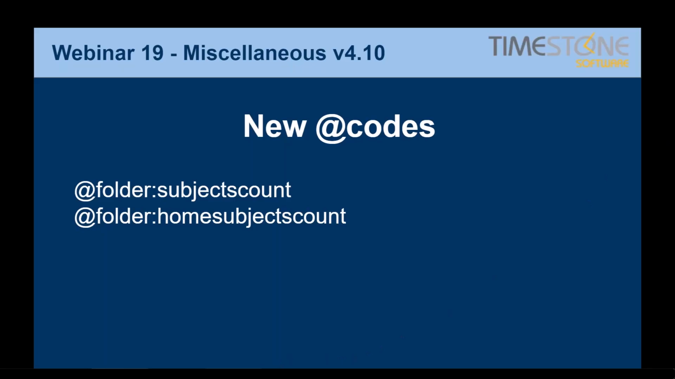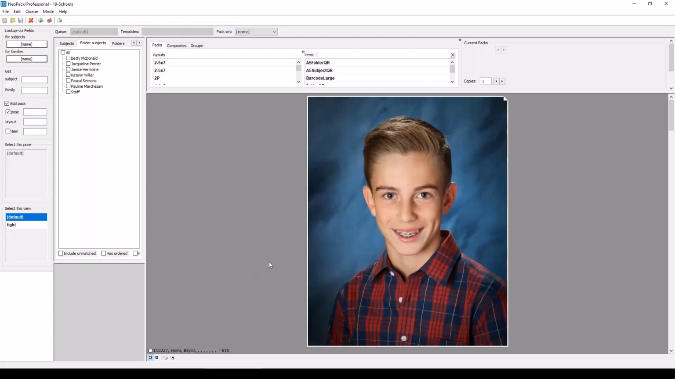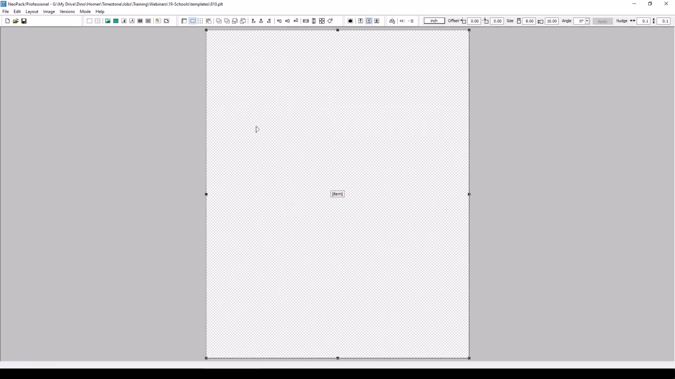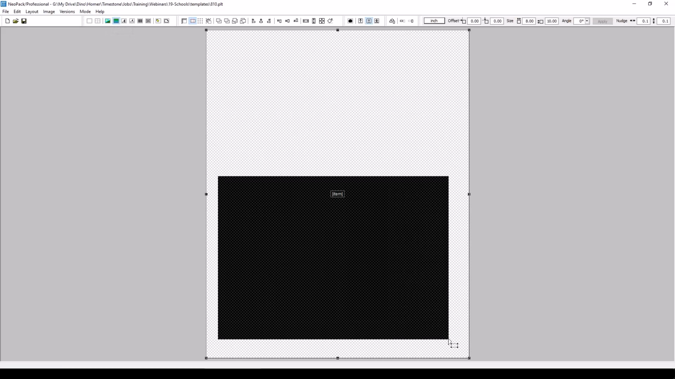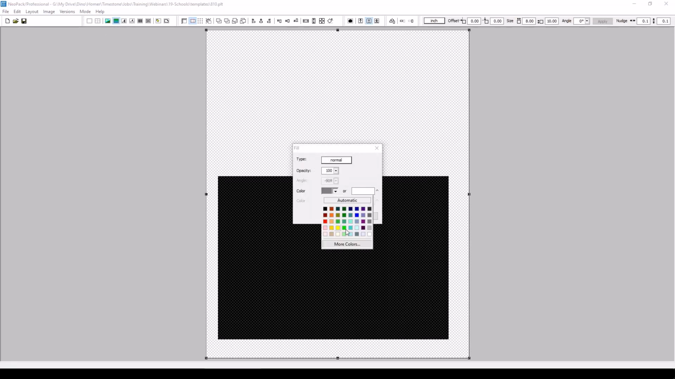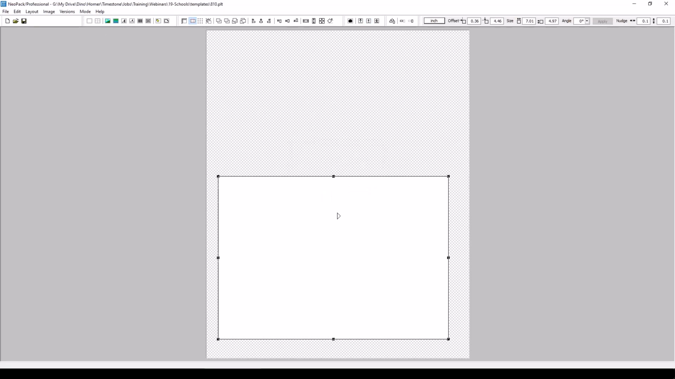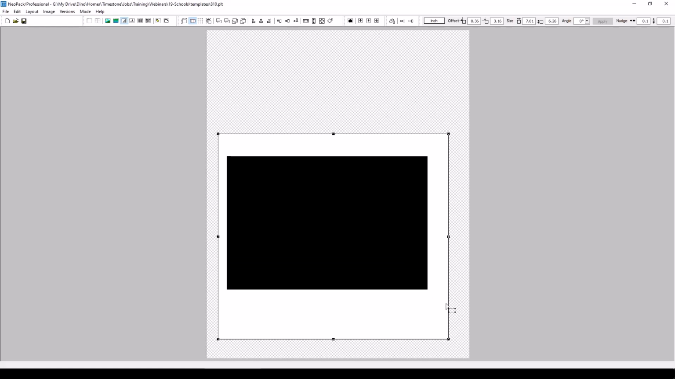I will go to Neopack. Got this handsome young lad here. I'm just going to modify this particular template and put those couple of @ codes on it, and we'll see what happens. So what will I do? I'll put a fill, so we've got something to write on, and then I'll grab the text box